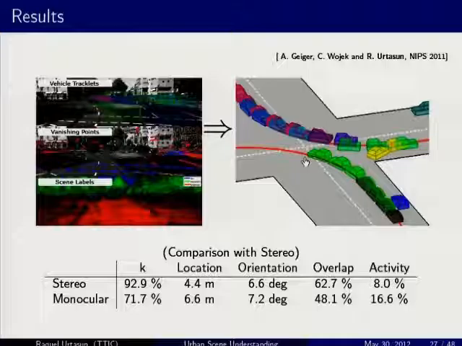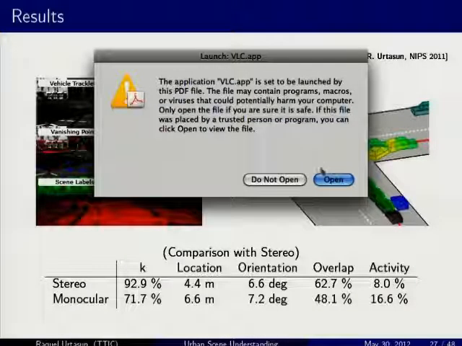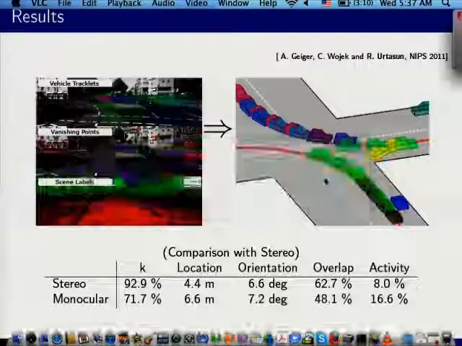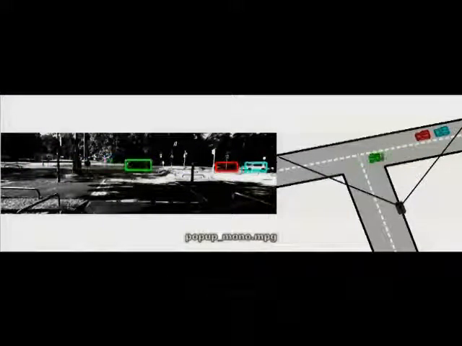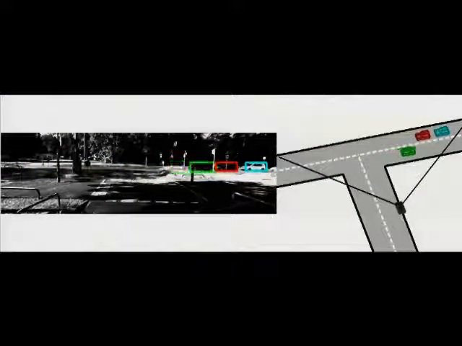Okay, and without really telling you much, I'm just going to show you the video, and you will see the kind of thing that we can do. So this is from monocular imagery, okay, and the video again is the only thing that our system has. So you see here on the right, it's again bird's eye perspective, okay, so it's full 3D.